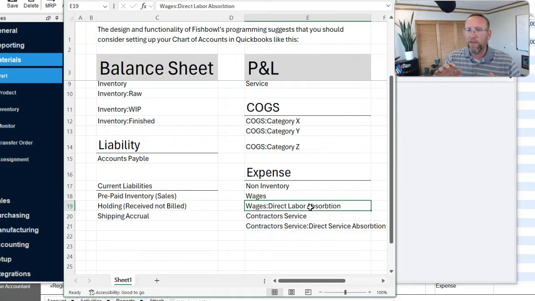I think it's really important that the name of the account makes sense, because when a third party, maybe you have an outsourced CFO or a QuickBooks Pro advisor that works for you part-time, and they look at your chart of accounts and your P&L and your balance sheet, we want them to understand what this account is. And if you label it and name it descriptive of what it's used for, then it'll make more sense. If you just leave it as the default name that Fishbowl gave it, labor, it's not going to make a whole lot of sense. But if you use the word absorption, that makes sense. And especially if you use the word direct,